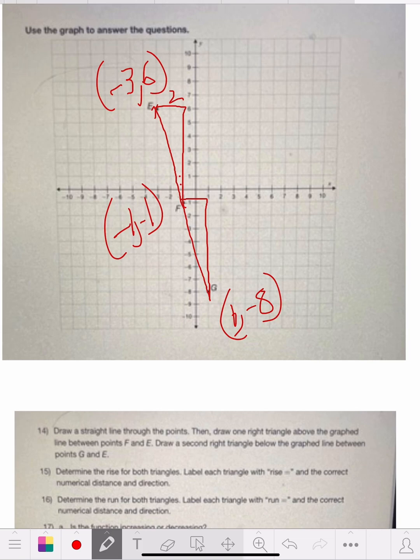Seven. 6, yep, 7. Now let's count the other ones. I got 1, 2. So I get rise is 7 over 2. And that's a negative. Okay, negative. Now the other one, let's count the other one. I got 1, 2, 3, 4, 5, 6, 7. Okay, negative 7. And when I go over 1, 2,